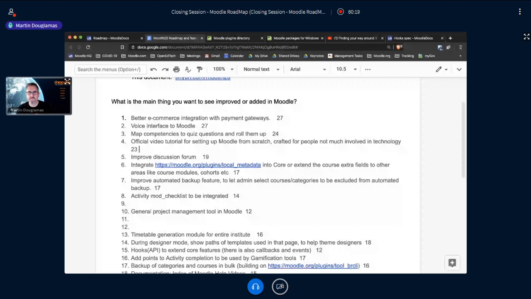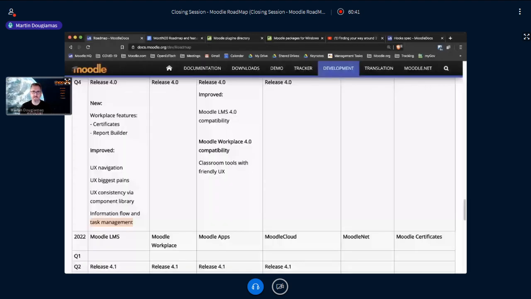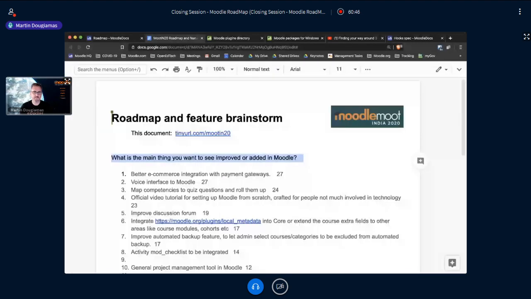But what I'm hearing here is better payment integration and voice are definitely out the front. That's really interesting to hear, and I think that's going to be very useful for the UX team and the developer team. I'll leave it at that. You'll see a lot of things coming out of us relating to the roadmap. You'll see a survey that asks a question a bit similar to this one coming out next week globally, and you're going to see a lot more UX studies coming out where we're testing prototypes.